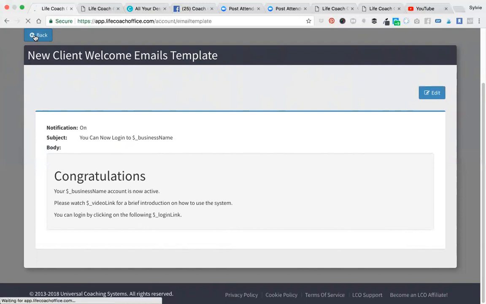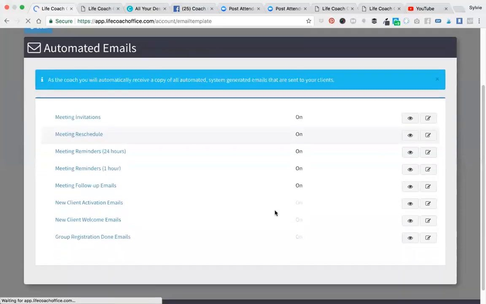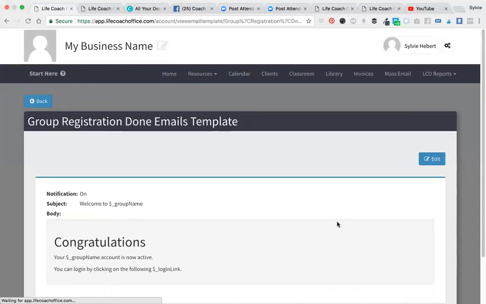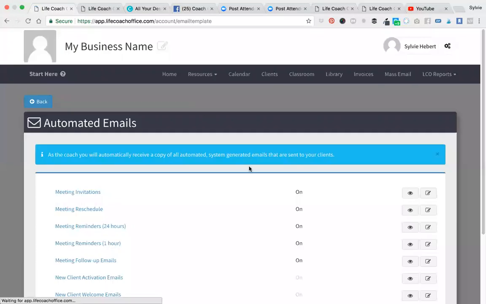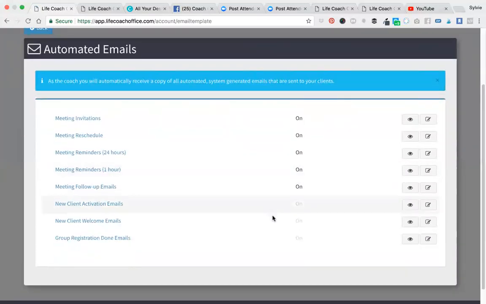Go back and go to the last one, the group registration done email. So this is if they've registered online for the group. And then this is quite a boring email. So I think I actually repeat that really, that says, oh, you're here. Here's how you can use this amazing system. And then I go through each of the features and tell them what they can do as being a part